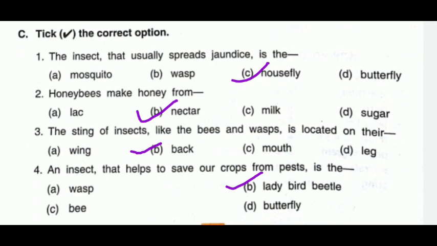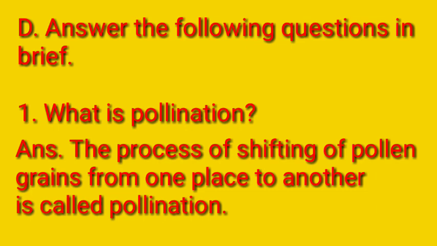The sting of insects like bees and wasps is located on their back. Fourth, an insect that helps to save our crops from pests is the ladybird beetle. Now moving on with the questions and answers. Answer the following questions in brief. First, what is pollination? The answer is, the process of shifting of pollen grains from one place to another